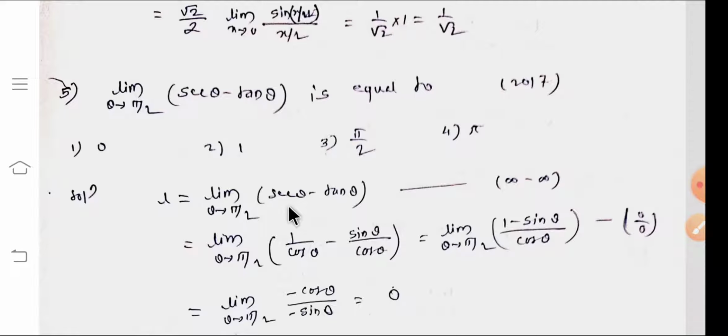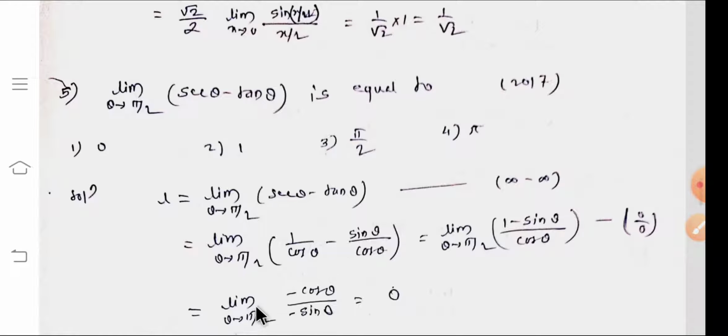So therefore, because cos theta is 1 by cos, cos pi by 2 is 0, means sec pi by 2 becomes 1 by 0, that is infinity, minus tan pi by 2 is infinity. So this is infinity by infinity form, the indeterminate form. Whenever infinity by infinity, we convert it in terms of 0 by 0 form first. Therefore limit of theta tends to pi by 2, 1 by cos theta minus sin theta by cos theta, that is equal to limit of theta tends to pi by 2, (1 minus sin theta) by cos theta, which is 0 by 0 form. So therefore apply L'Hospital rule.